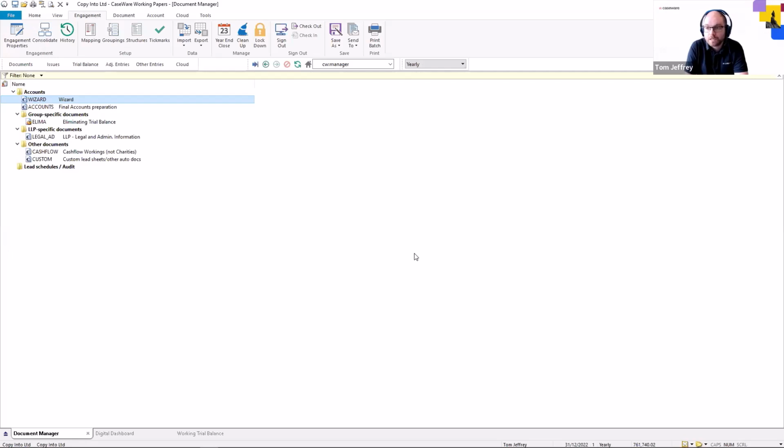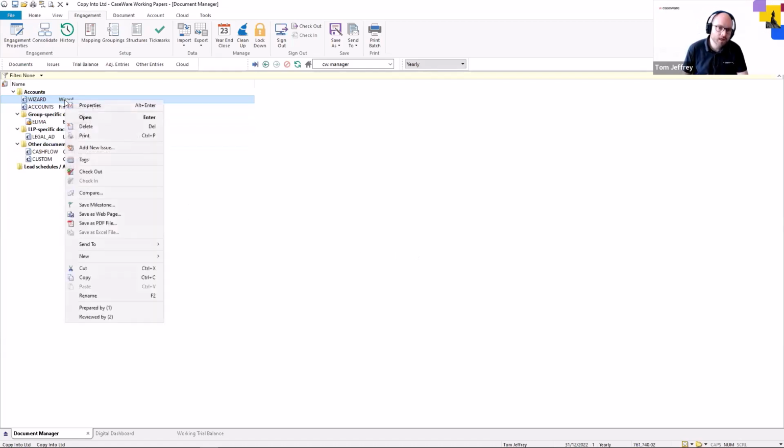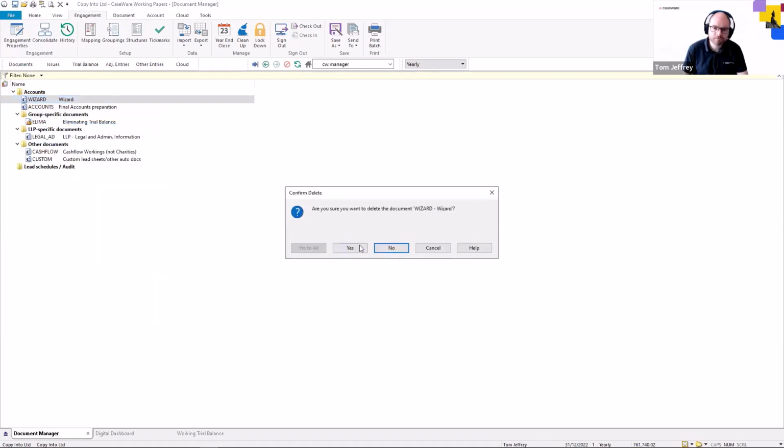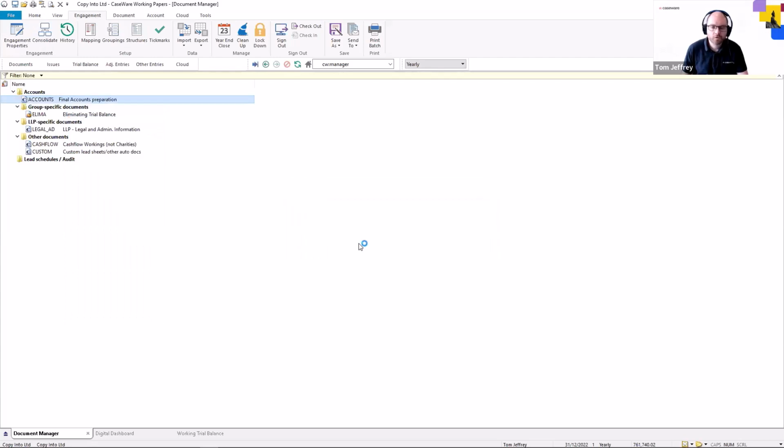It's really a window into part of the database. So those selections that I've made, the fact that it's a UK corporate and that we're looking at FRS 102 and that James is the company secretary, that's all saved in the database in the background rather than in the document itself. So if I was to accidentally one day right click that and delete it, of course we need a wizard document if we're preparing a set of accounts, so we need to get one